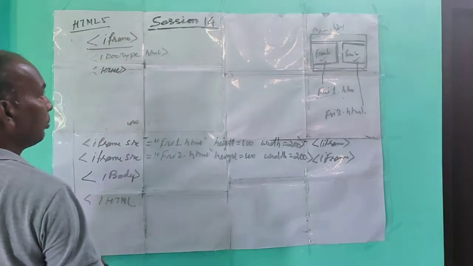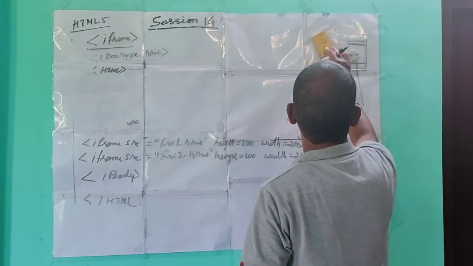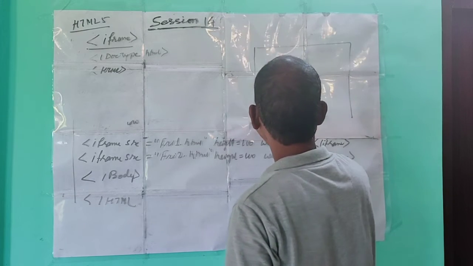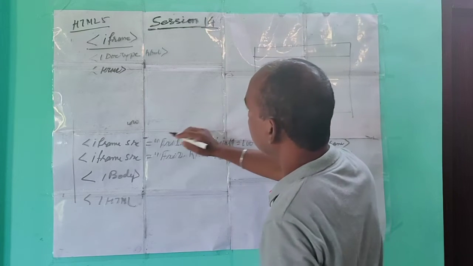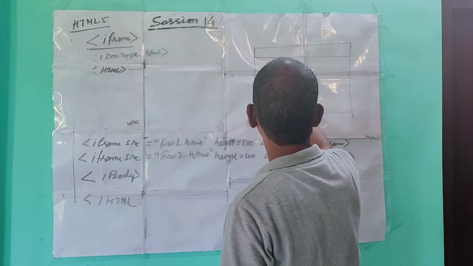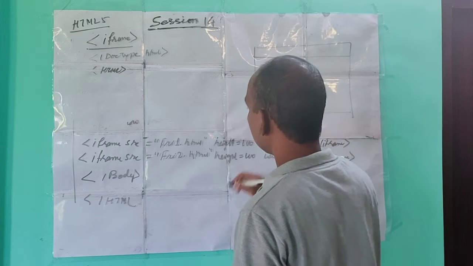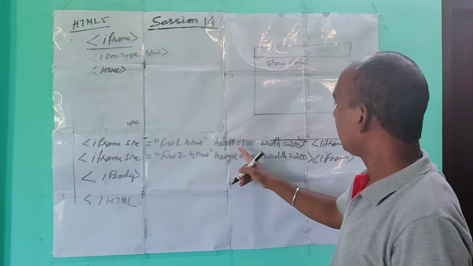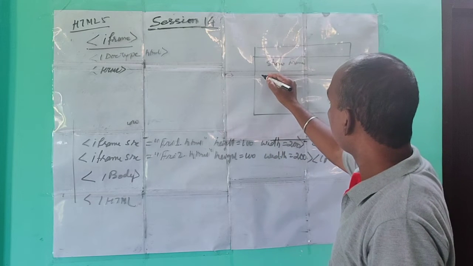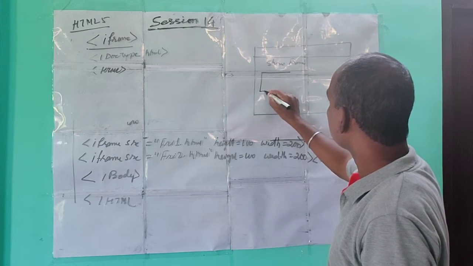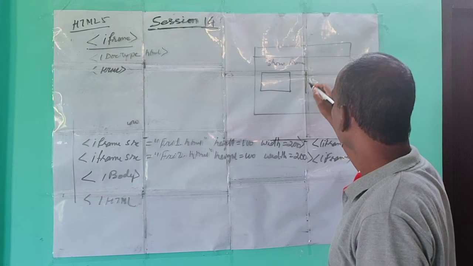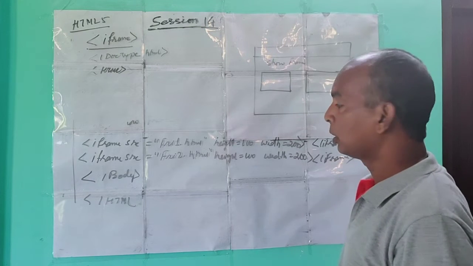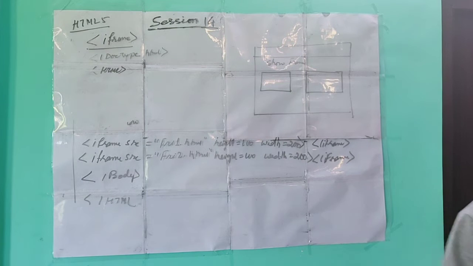When you run this program, the output will look like this. This is the main document. Here you get the given title, show frames. The first source file document is fri1. It is 100 height and 200 width. First frame, 100 height and 200 width. So two web pages will be displayed in the single window.